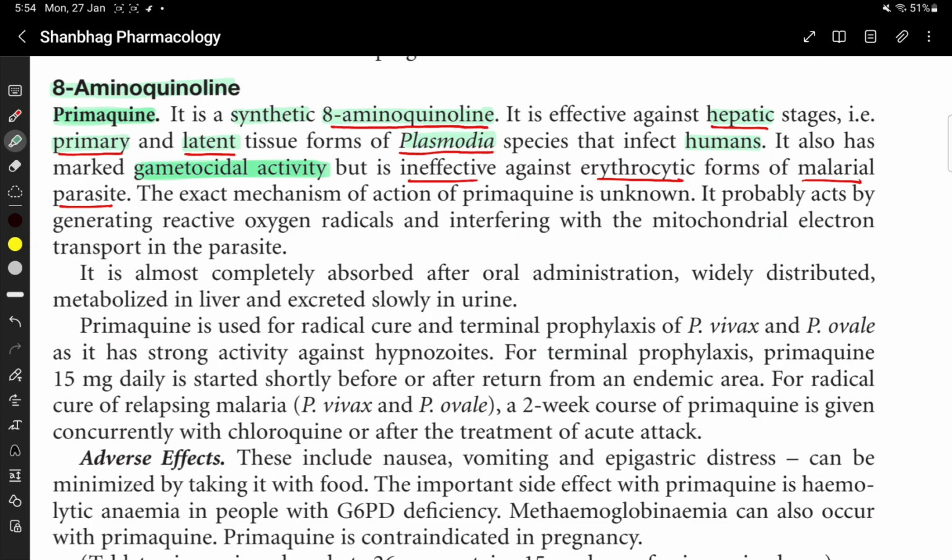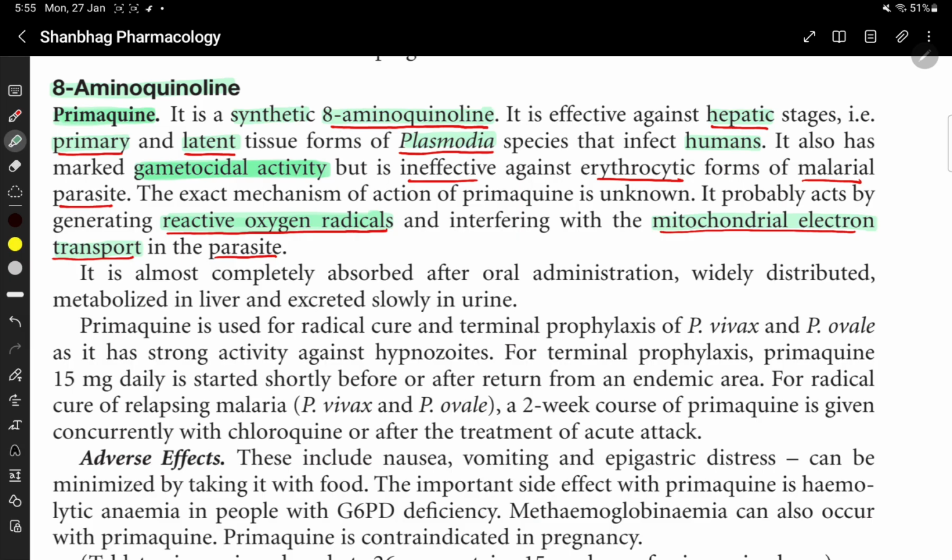Malarial parasite के erythrocytic forms के लिए ये ineffective होता है. The exact mechanism of action of primaquine is unknown. It probably acts by generating reactive oxygen radicals and interfering with the mitochondrial electron transport in the parasite, that is plasmodium. ये reactive oxygen species को generate करता है and it interferes with the mitochondrial electron transport in the